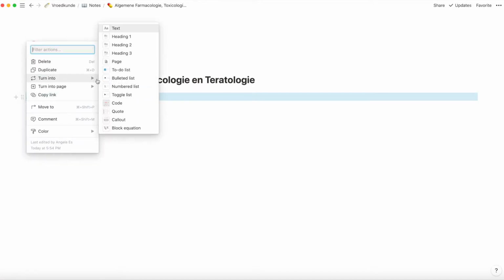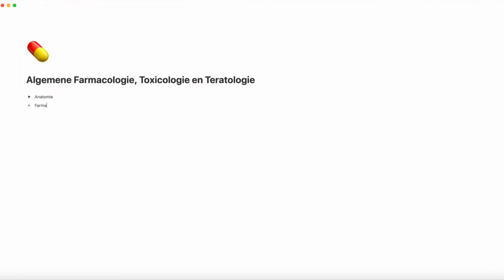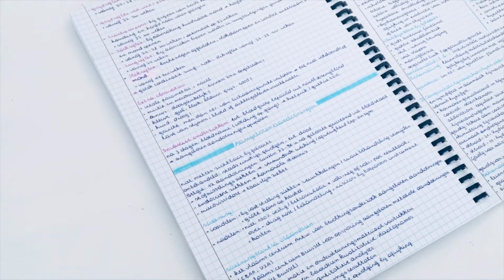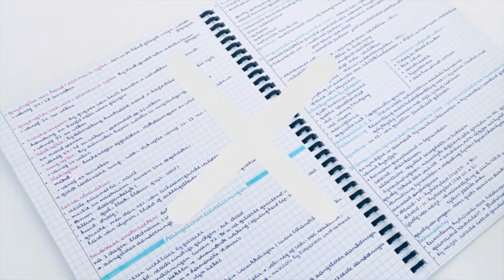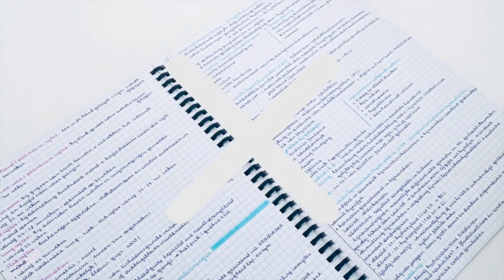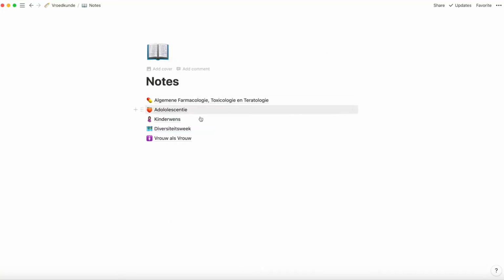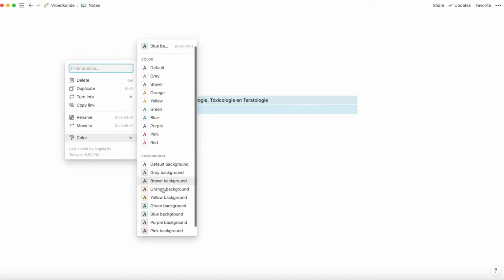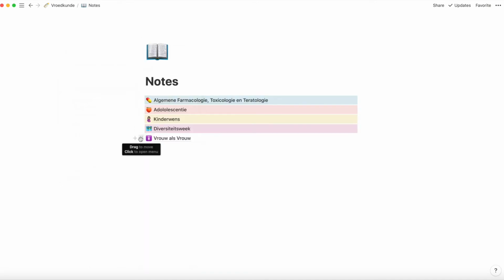Maybe I'll make another video of how I take notes, but this is how it works. You write something and make a toggle list out of it, and then you can close and open it to see what's inside of it. So this semester I'm not going to make any more handwritten notes, and let's see how it goes. I am giving all the courses a color to make it a little bit more colorful.